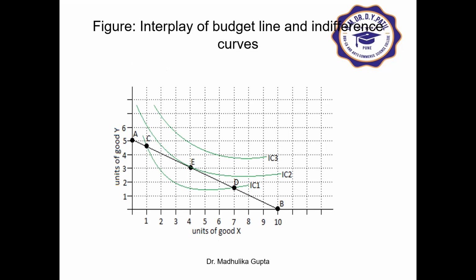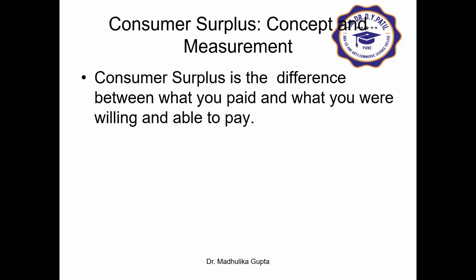You understand? An indifference curve shows a combination of two goods that gives the consumer equal satisfaction and utility, thereby making the consumer indifferent. Along the curve, the consumer has no preference for either combination of goods because both goods provide the same level of utility. Each indifference curve is convex to the origin and no two indifference curves ever intersect, remember. So this is how you find a consumer equilibrium, okay?